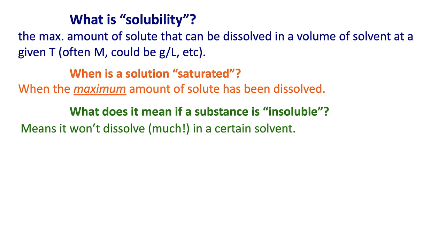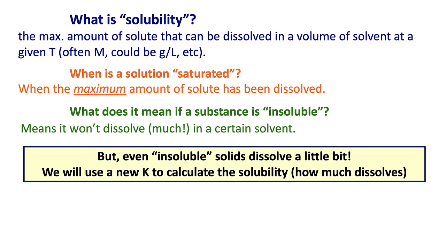So while we saw this a lot in terms of double replacement reactions in Chem 1, where we bring two soluble compounds together to make an insoluble compound, that insoluble compound actually has a very small amount that is able to dissociate in solution. However, that amount is so small that it saturates the solution very quickly, and most of it comes out as a precipitate. So again, this is to say that even insoluble solids will dissolve a little bit, and we're going to study